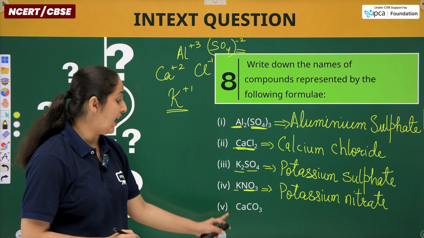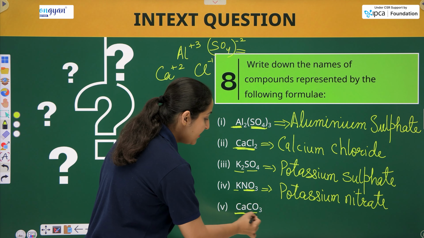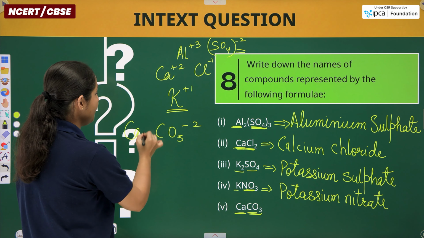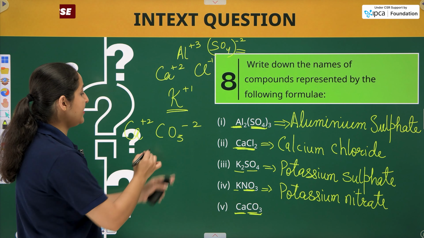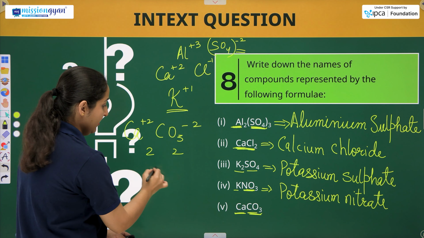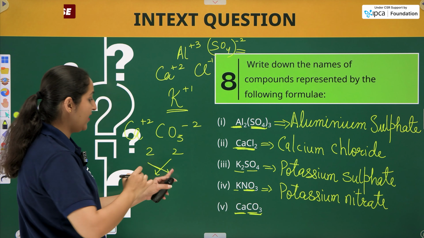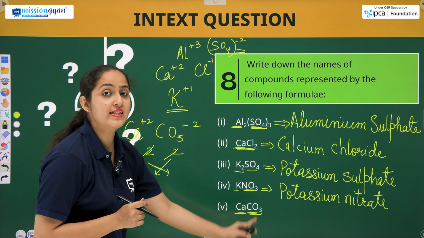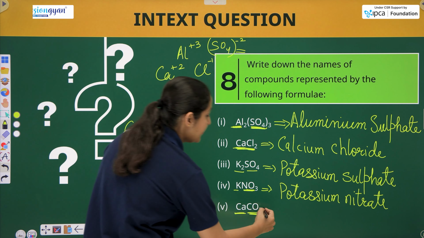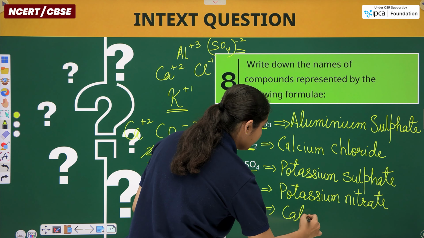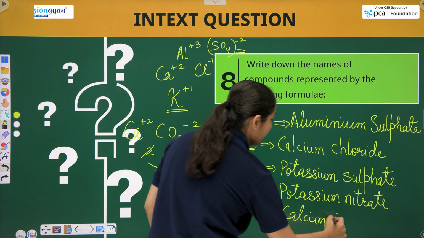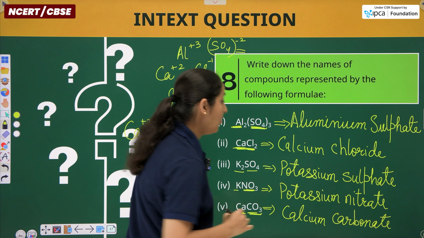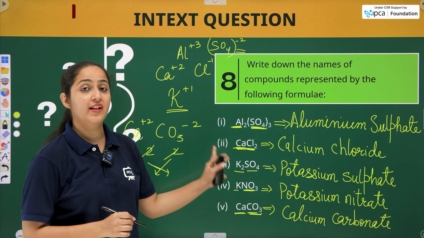And then we have calcium. This is Ca calcium, CO3. So, this is carbonate ion and calcium is plus 2. So, that's why, students, these 2 and 2, okay, when we crossed these valencies, they got cancelled. And that's why the chemical formula is CaCO3. Alright. So, this is calcium carbonate. Calcium carbonate.